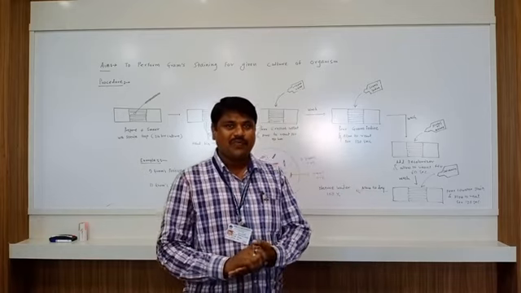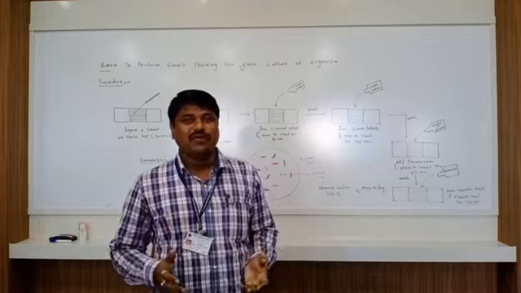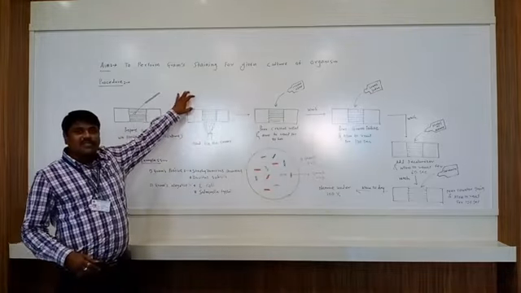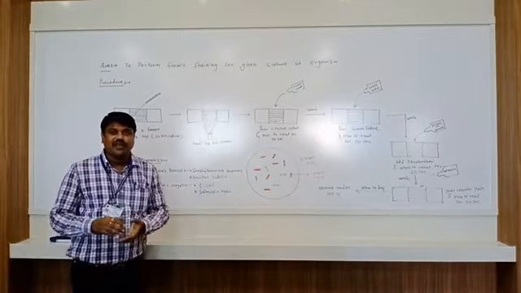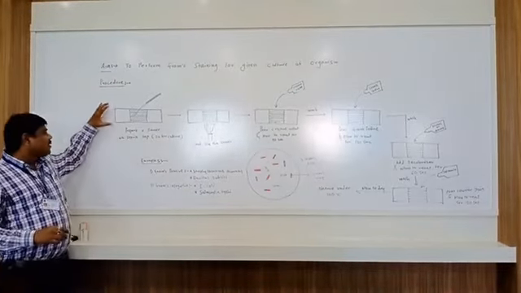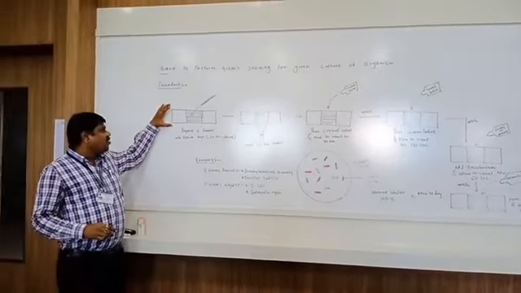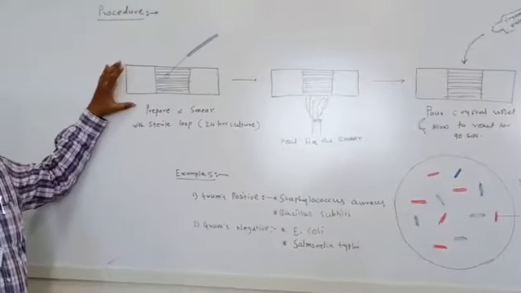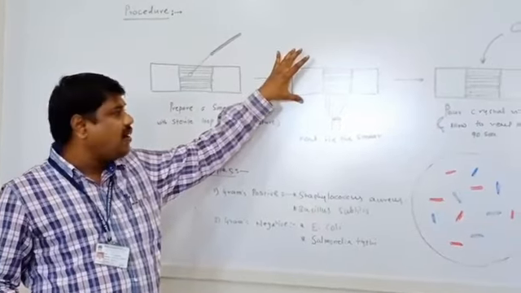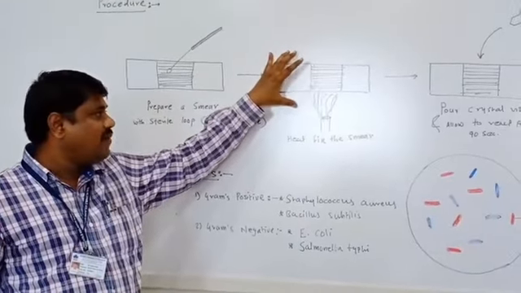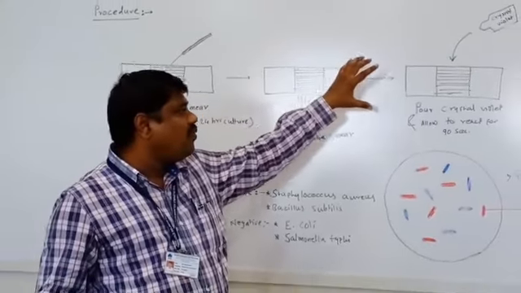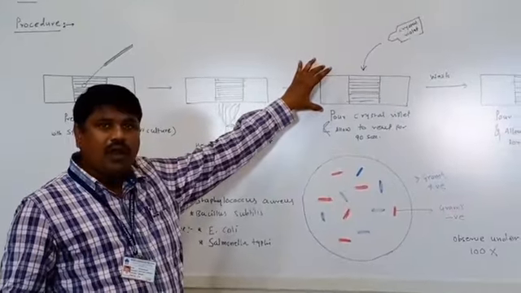Today we are going to perform a very important practical of microbiology, that is to perform a gram staining for a given culture of organism, for which we need a 24-hour bacterial culture. With the help of a sterile loop, we first prepare a smear. This smear has to be heat fixed by rapidly rotating over the flame. After the heat fixing of the smear, we have to pour 4 to